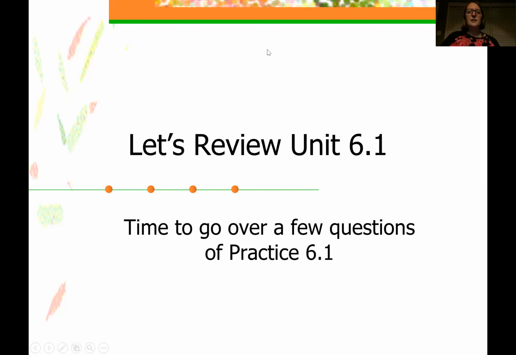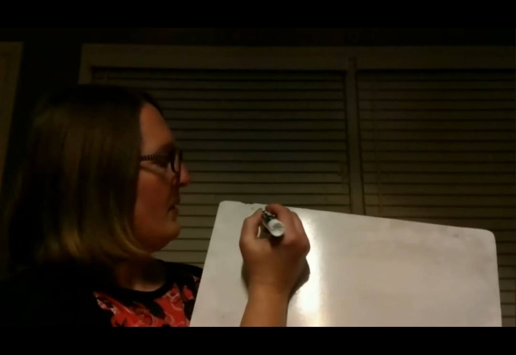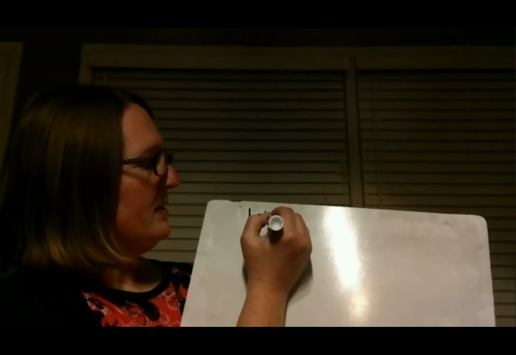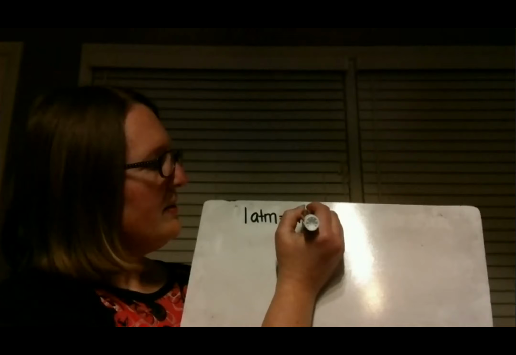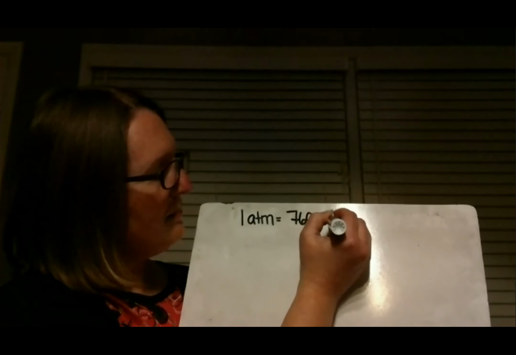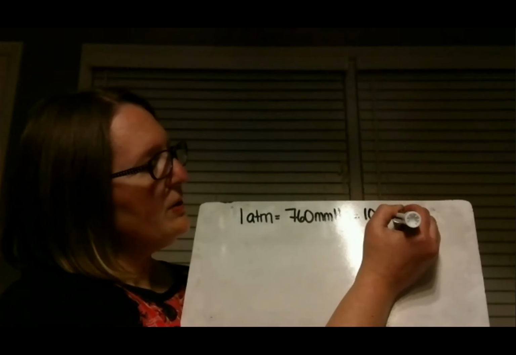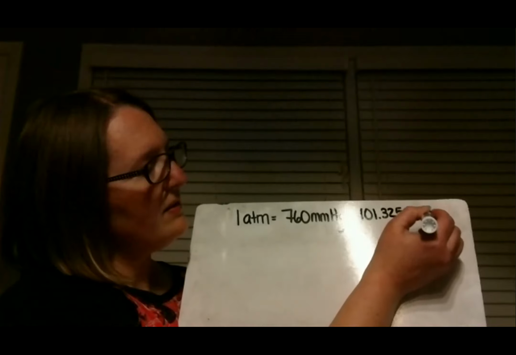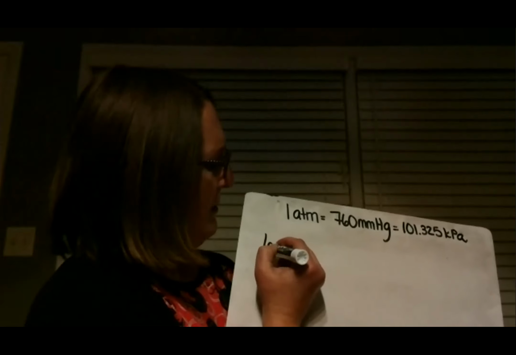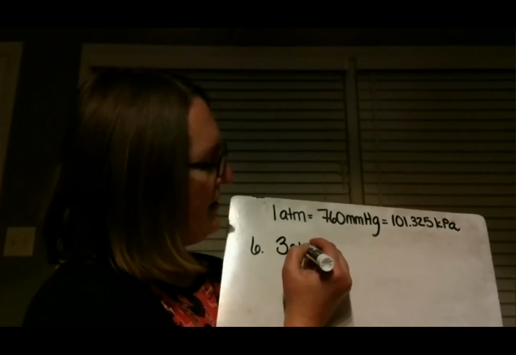All right, so let's look at the two we didn't do yesterday. Let's look at 6 and 8. So for practice 6, let's go over what our conversion factors are. Remember, 1 atmosphere equals 760 mmHg equals 101.325 kilopascals. All right, so in question number 6, we're going from 3 atmospheres